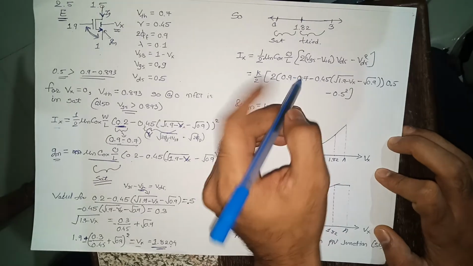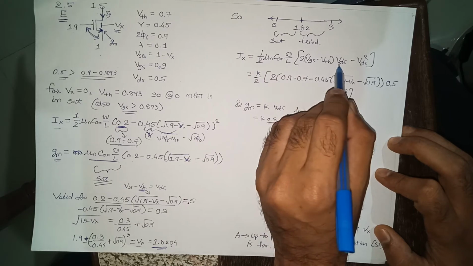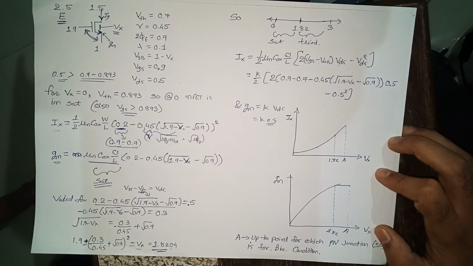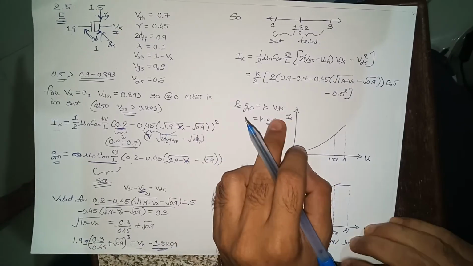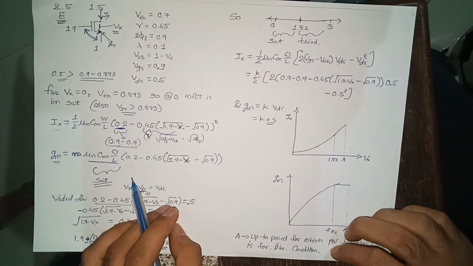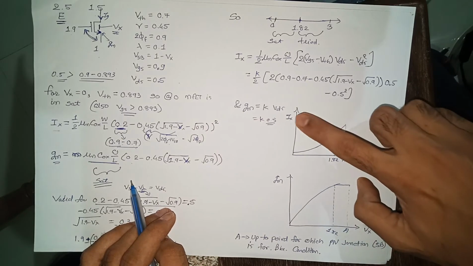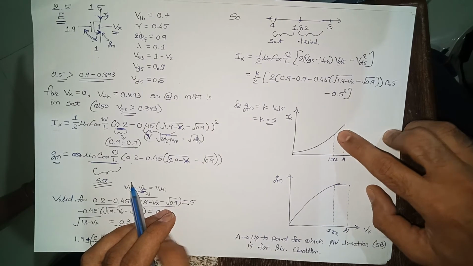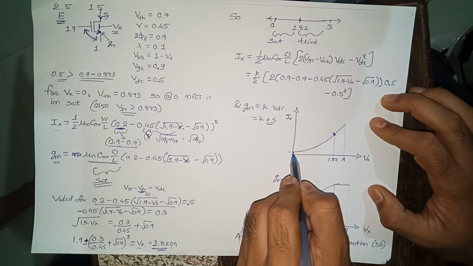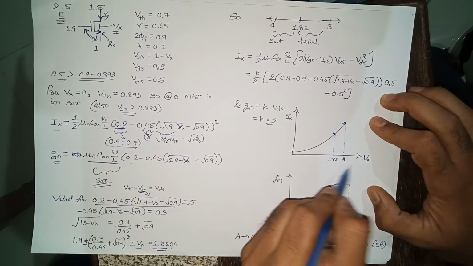Okay, so the triode region equation will be this: Ix is equal to half K times the bracket of 2 times VGS minus VTH into VDS minus VDS square, and Gm will be K VDS. K means mu n Cox divided by L. Now a very important thing here, that your ID versus Vx will look like this. Up to this point 1.82, it will start from somewhere here. You can find this point with the help of this equation. Now what about this point A?